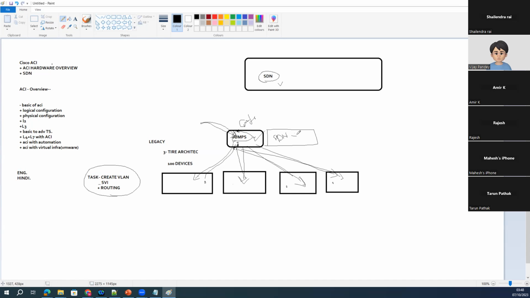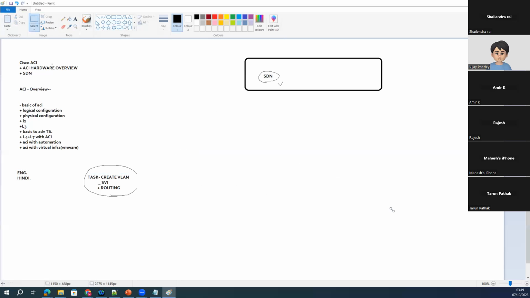However, in an SDN controller, you get control of each device, and the interface of each device is integrated into it by default. Okay. Do all the devices support the SDN feature? The answer is no. Not all devices support the SDN feature. If you talk about SDN, what types of SDN do we have? There are a couple of types of SDN in the industry. So if we talk about the different categories of SDN,